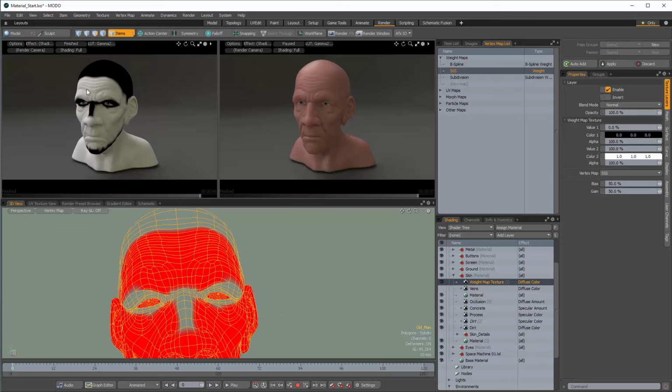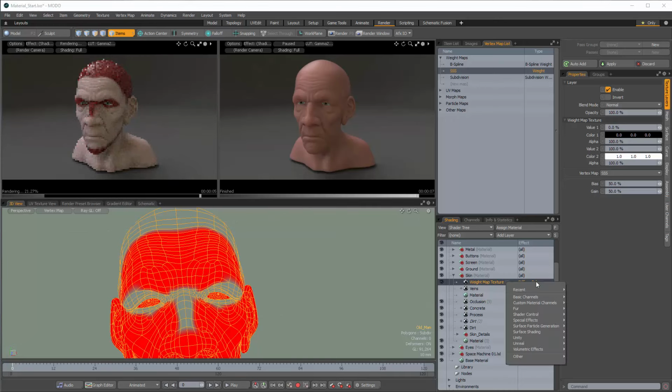So we see the general idea here, where we've got the darker areas, or the 0 influence here and through here and around the eyes and the jaw, and then 100% influence everywhere else. All right, so all I really need to do here is set this up so that it's going to properly affect the subsurface scattering. In this case, it's not going to do me much good to have this over that super basic material. So I'm going to turn that one off, and I'm going to change this from diffuse color